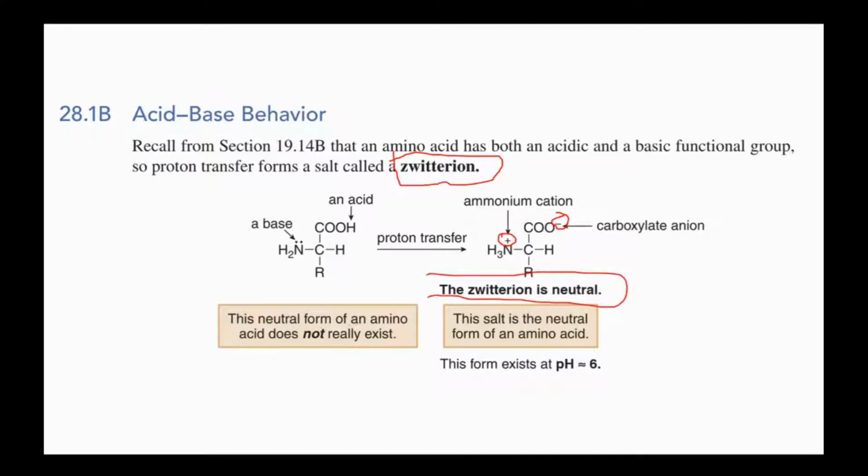This uncharged neutral form of an amino acid does not really exist. This salt is the neutral form of an amino acid, and this form exists at pH 6. Amino acids do not exist to any appreciable extent as uncharged neutral compounds. They exist as salts, giving them high melting points and making them water soluble. Due to the ionic form, they are soluble in water, and due to their ionic nature, they have